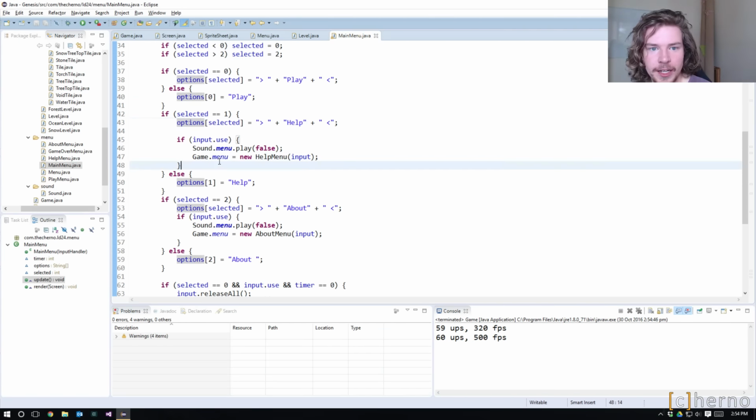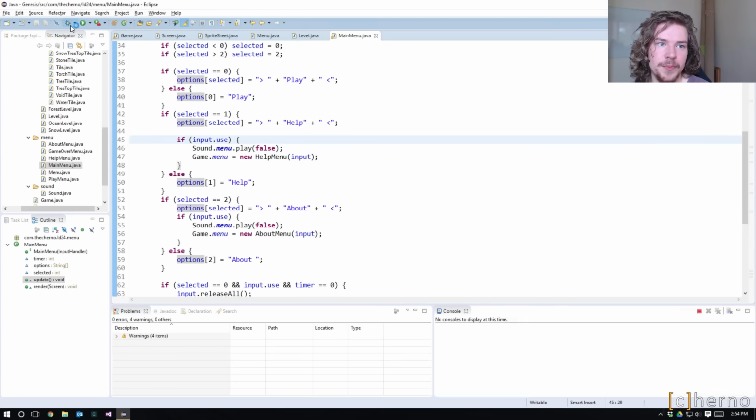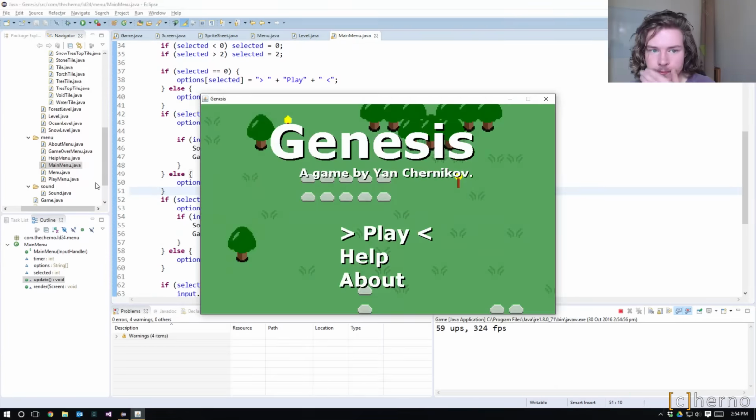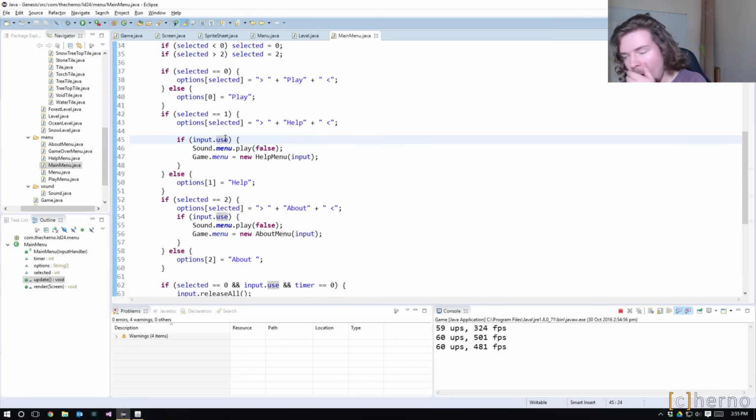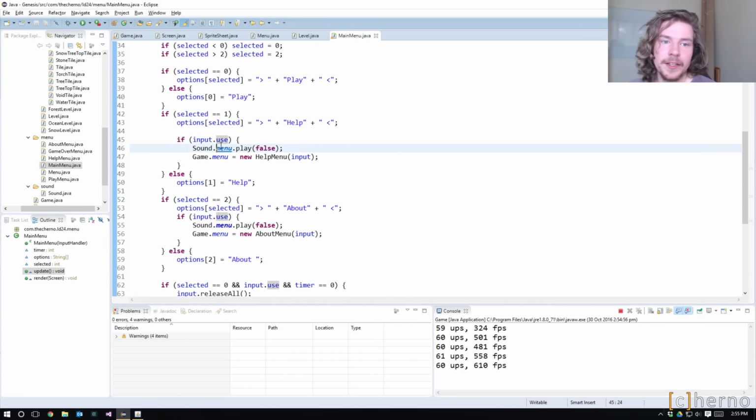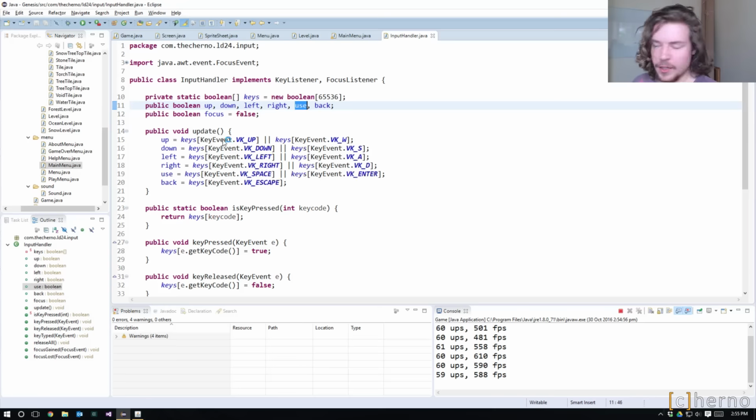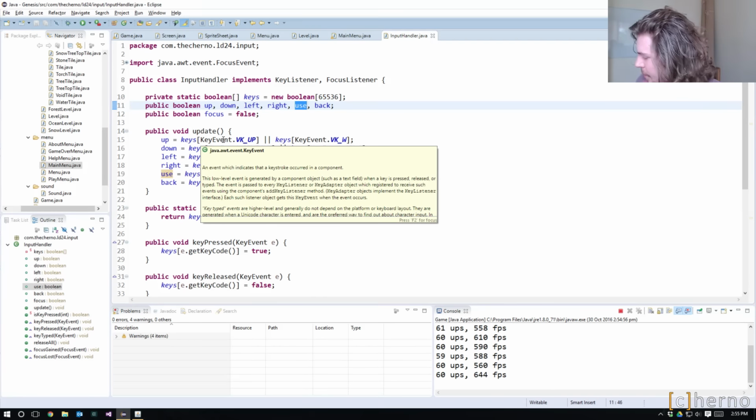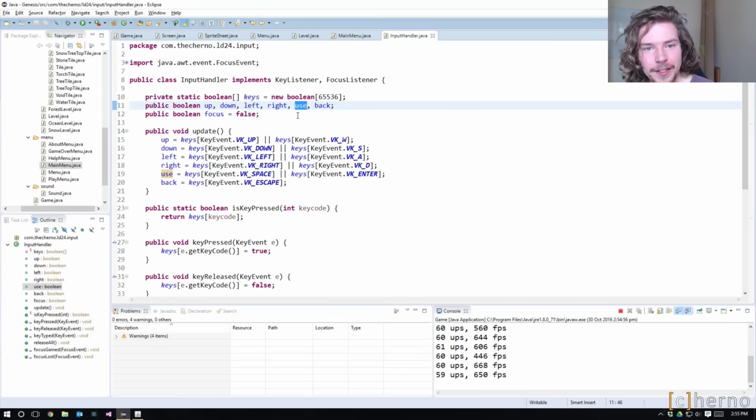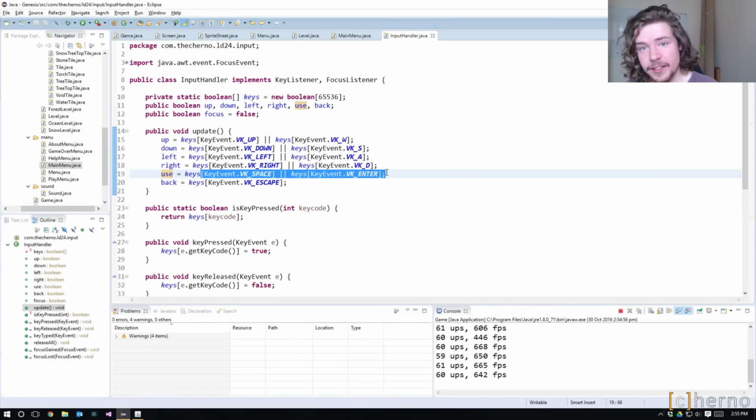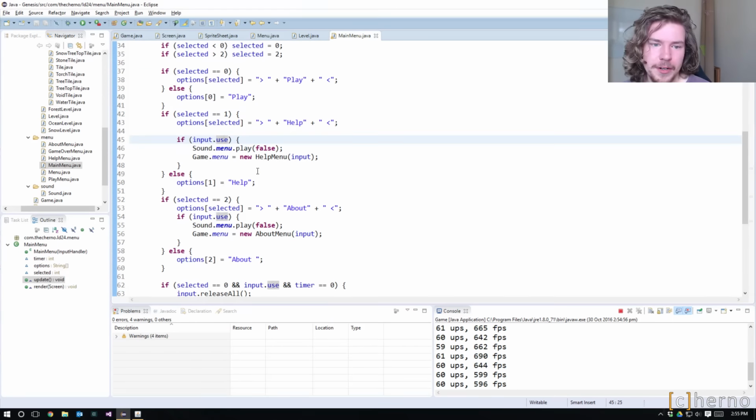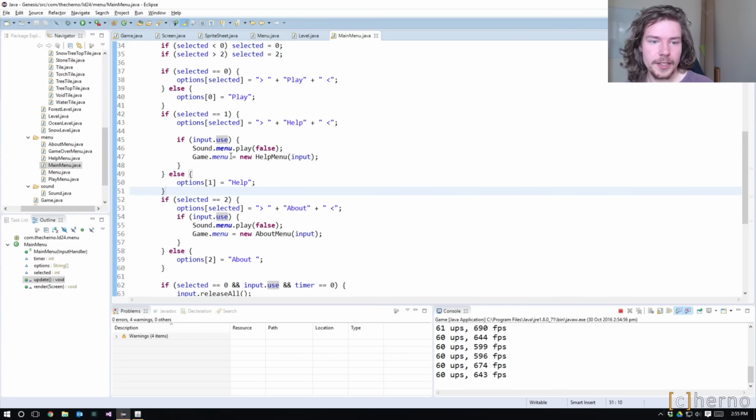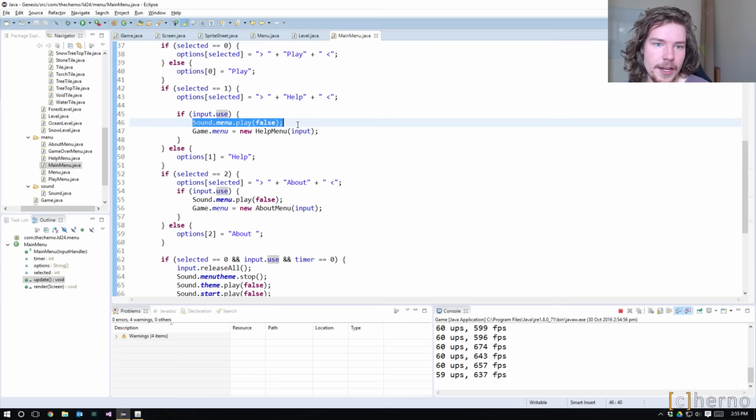Now, for the help option, if I press the spacebar or, I think it's input.use, which could be a number of things, but I believe that we set that to space or enter. This could be either. This is also a really interesting way of doing input. I might cover that one episode because I don't do it this way anymore. Okay, anyway,